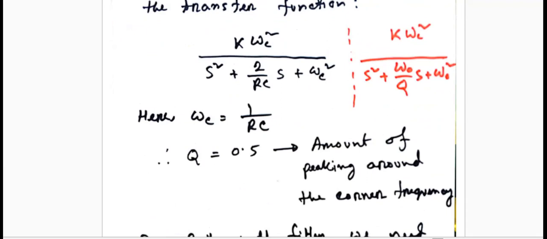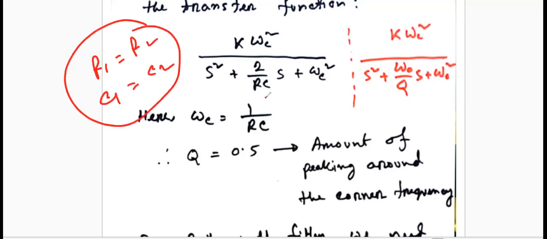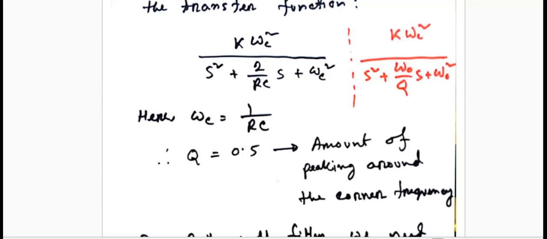We are in the conventional circuit. Why are we taking R1 equal to R2 and C1 equal to C2? Just to fix the cutoff frequency, because we don't want to shift the cutoff frequency. And if I want to draw that,